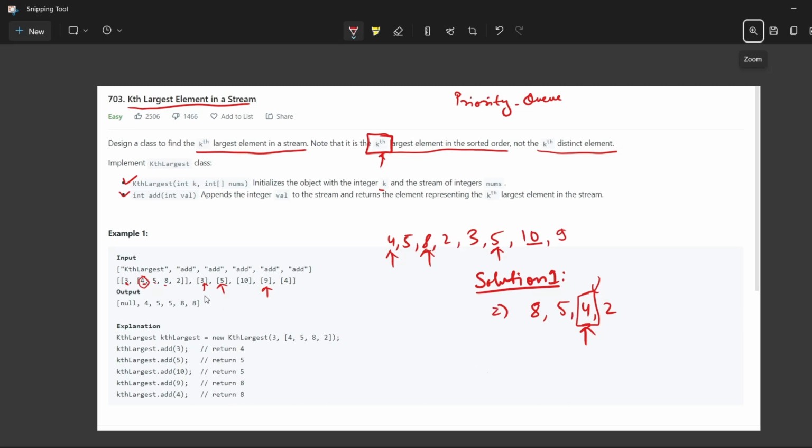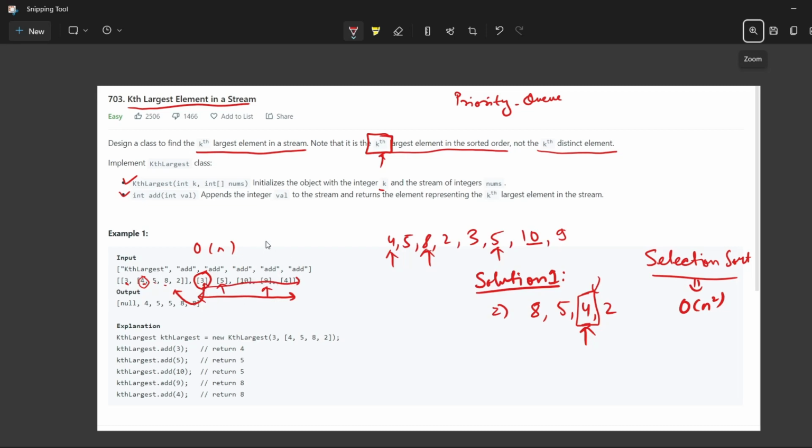Now what you can do here is selection sort. The time complexity of selection sort is O(n square). That means to find its position you need O(n).